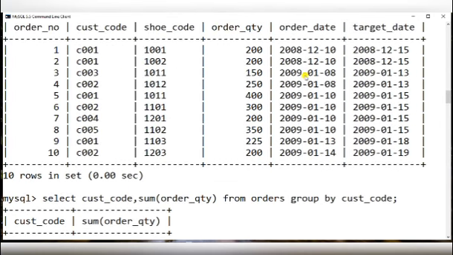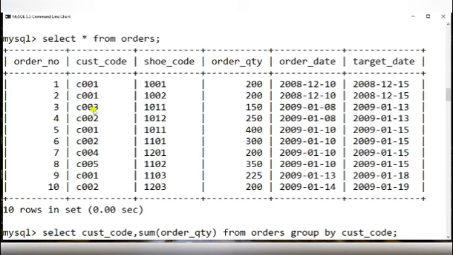Now let us see the number of orders placed by each customer, like C001, 2, 3, 4. It will group the data as per customer code and then count.